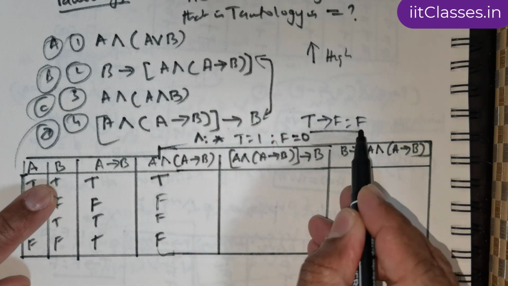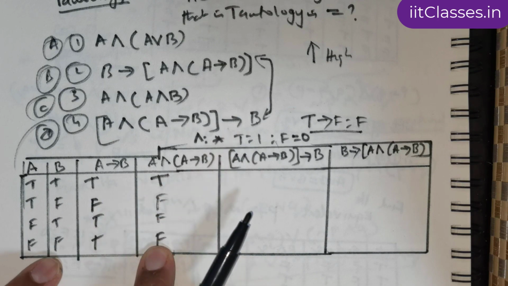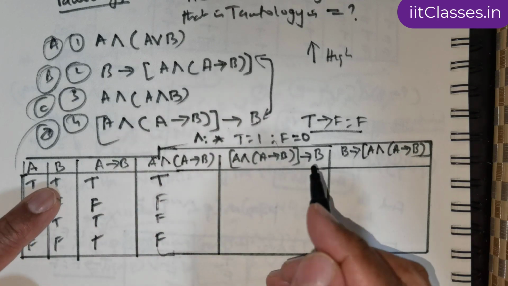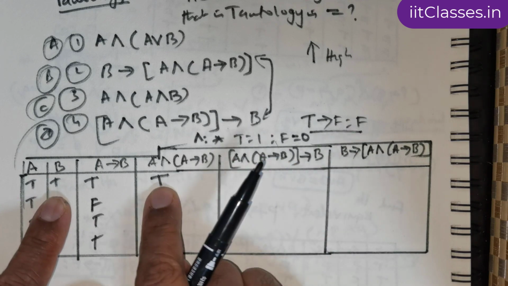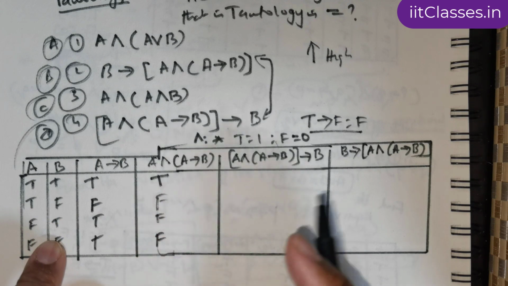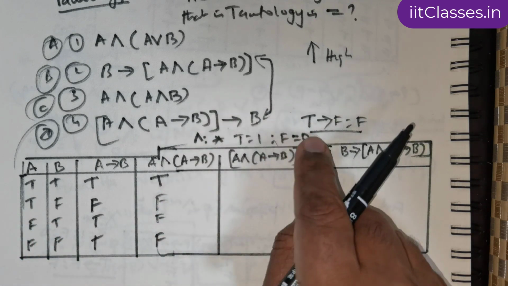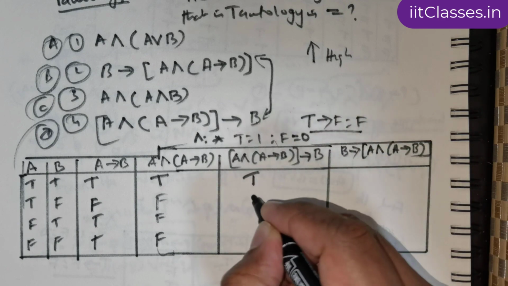So we are using this technique, T going to F. So look for T going to F anywhere. Is there any T going to F? Apparently there isn't any T going to F. If there is a T going to F, then we would have to place an F here. So all of these things